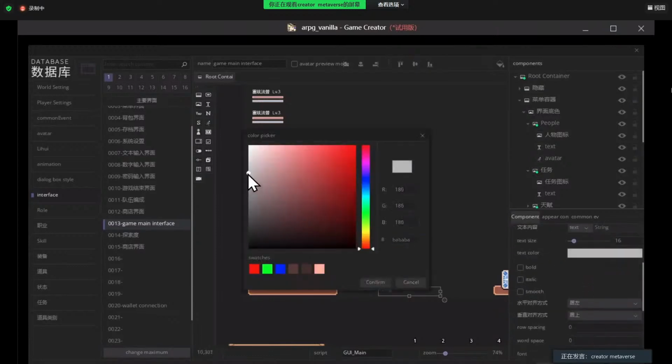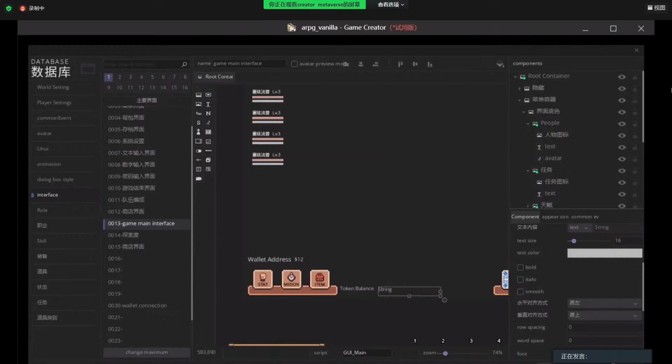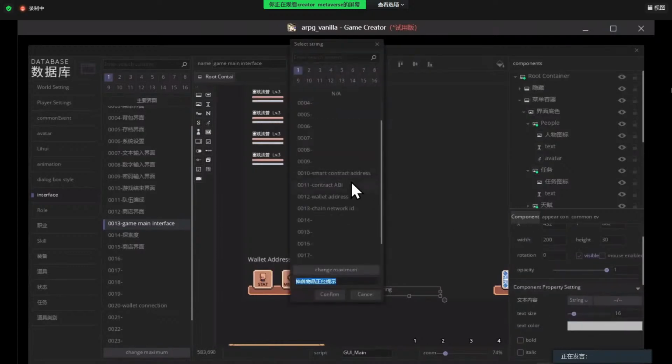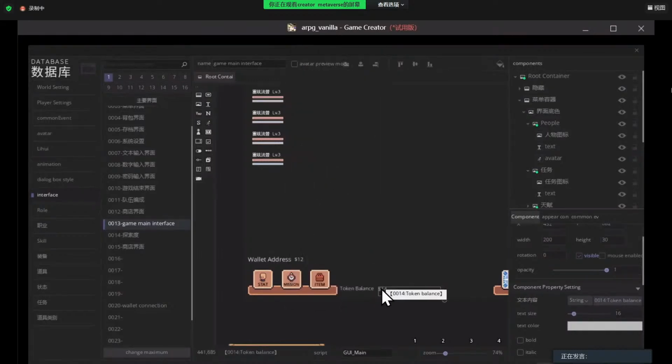Text color, white, apply. Then we probably need a new variable here. That's the token balance. All right. Apply, confirm.